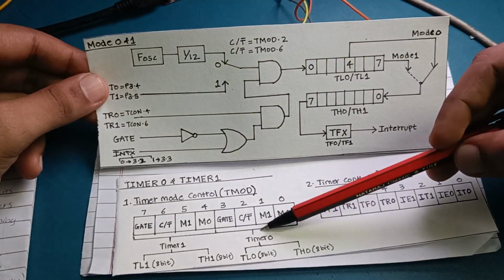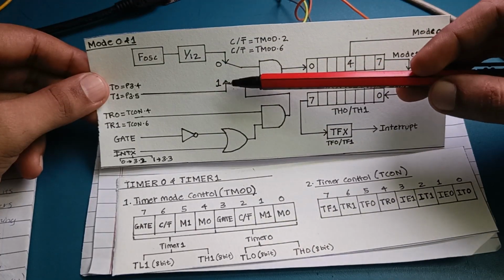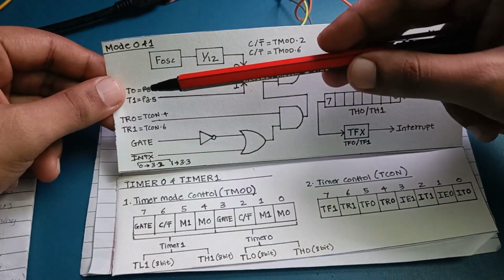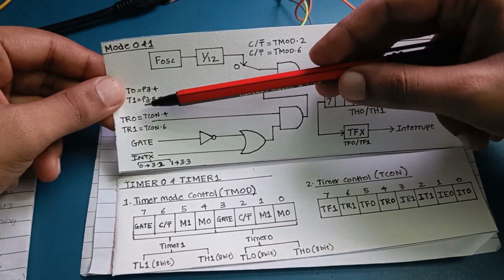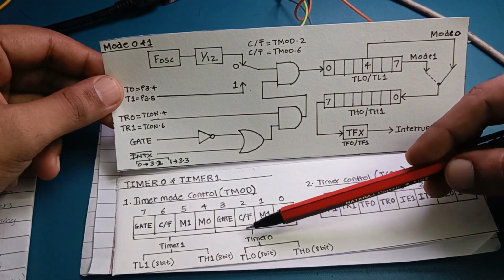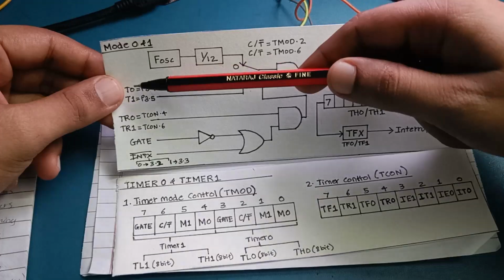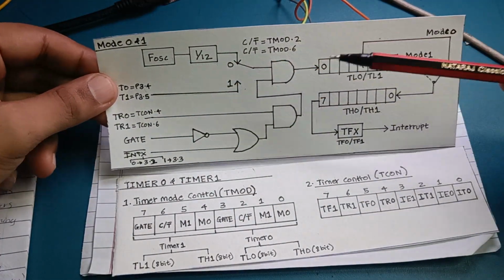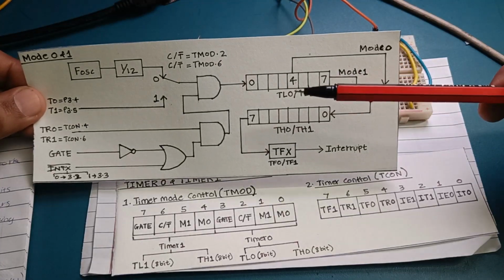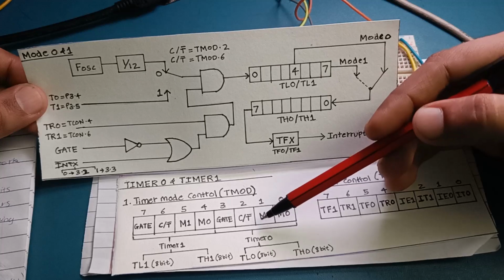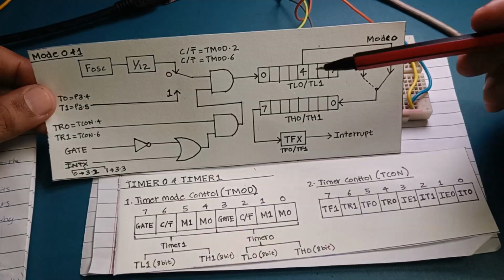So if it's 0, then the timer is selected. If it's 1, then we are counting the external pulses from the external pin, P3.4 or P3.5, depending on the timer we have selected. If you have set this bit, which is for timer 0, then we'll use P3.4 to give the pulses to the counter. So the counter will increment. If you have selected mode 0, that means when these two bits are 0, then